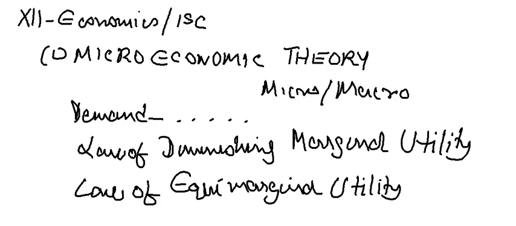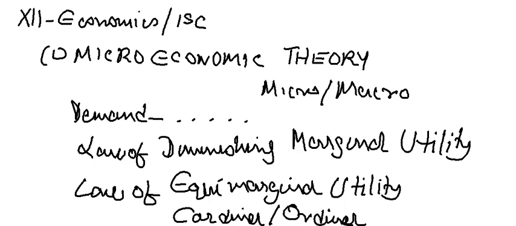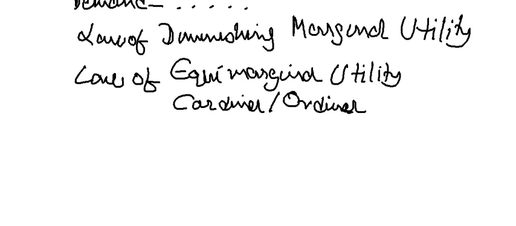And you have to study cardinal, and also you have to study indifference curve analysis, that is ordinal. So you have to study consumers equilibrium through utility approach, that is cardinal approach, and indifference curve analysis, which is ordinal approach. I'm just mentioning two words here so that you can remember: cardinal and ordinal. So this is all about utility, which forms part 2.